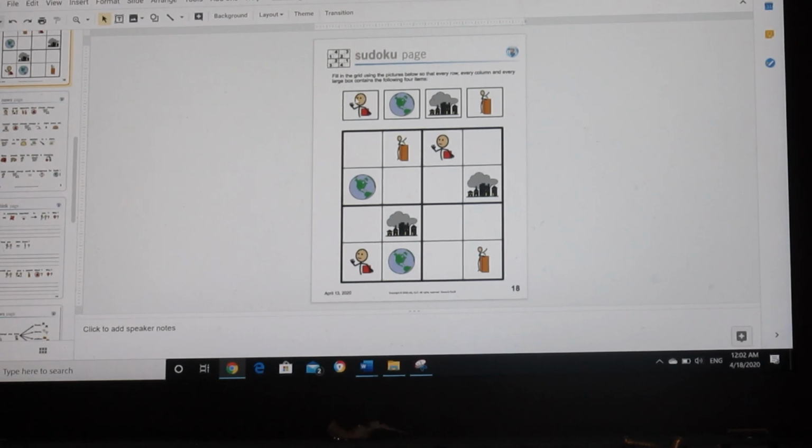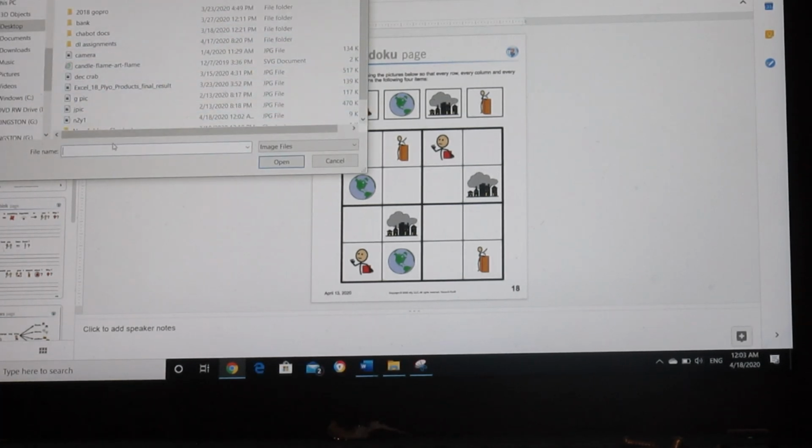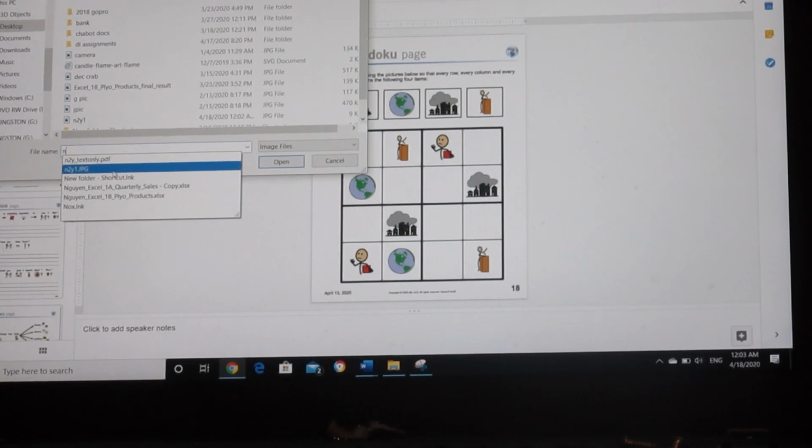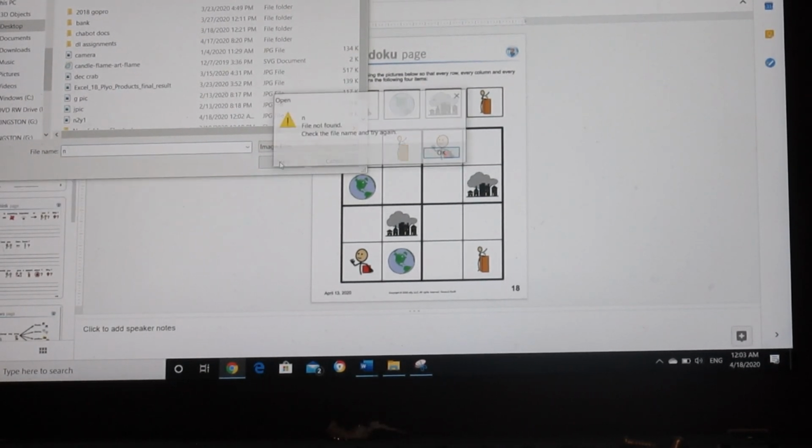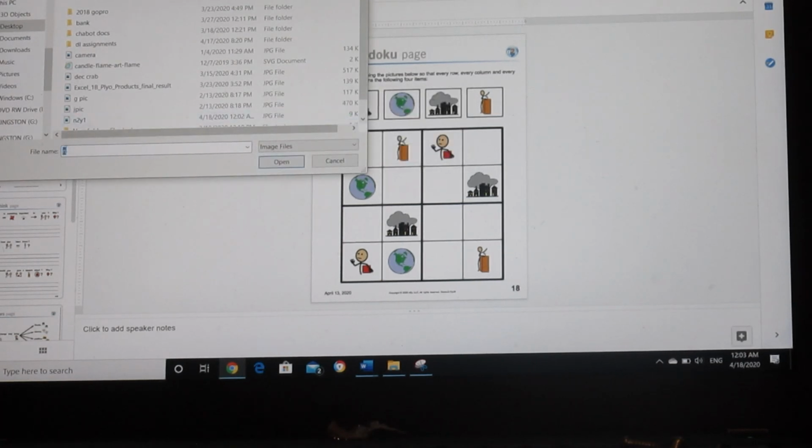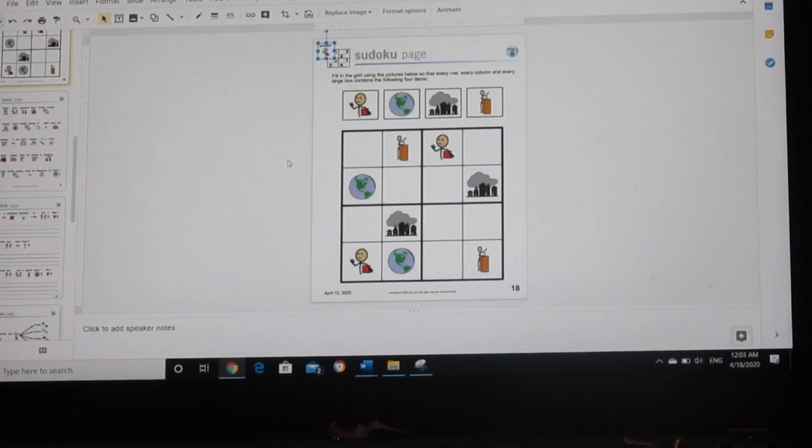Let's go back to our file. And up here at the Sudoku page, we're going to insert an image. And we're going to upload from the computer, I guess. And let's find our news to you. There it is. There's our little image. Let's open it. File not found. News to you. Here it is. Open. Ah, and here it is. Here's our little guy right here. So let's make that a little bigger. And then we've got